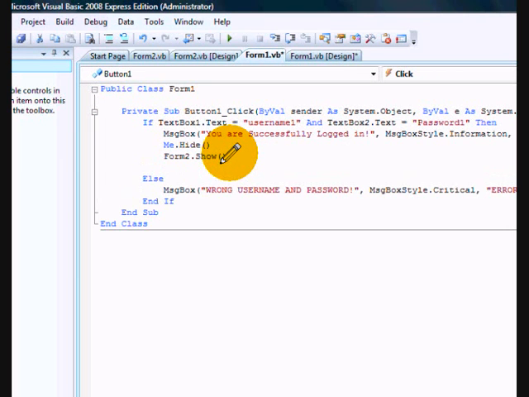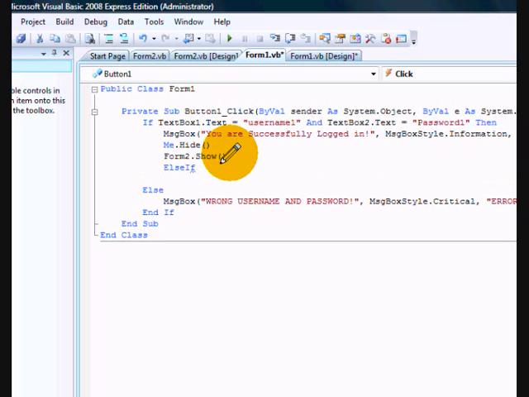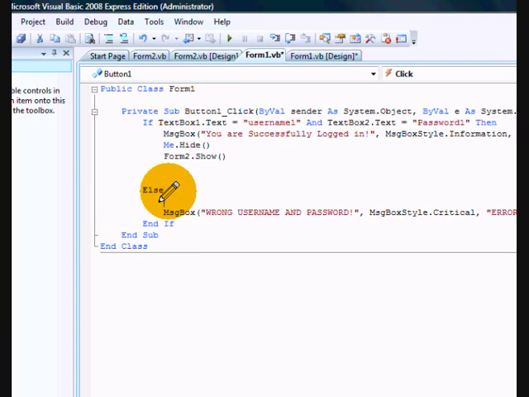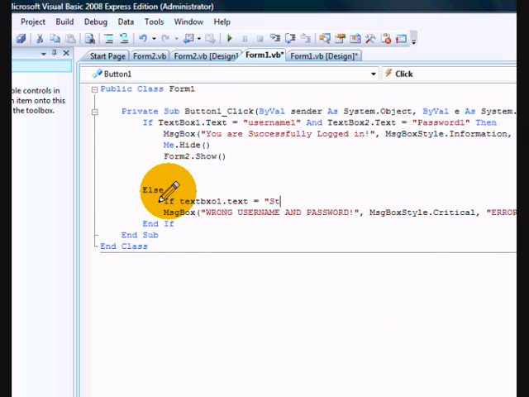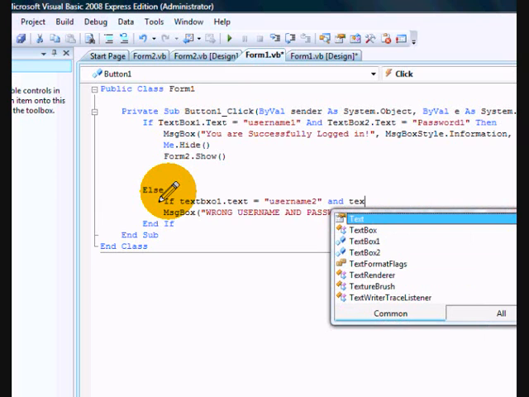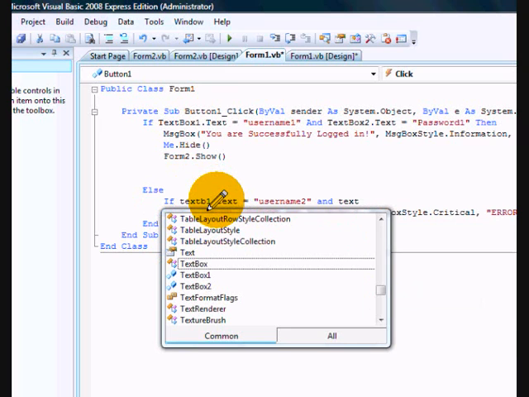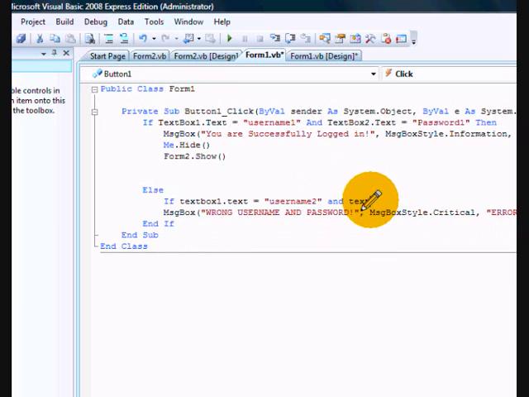Just go here and just go if text box 1.text equals username 2 and text box 2.text equals password 2, then